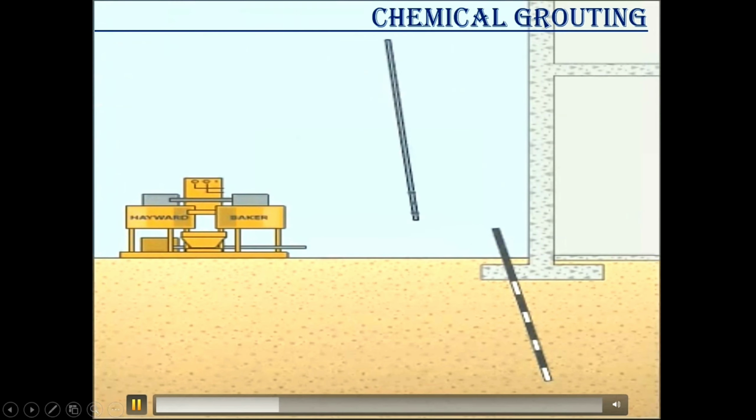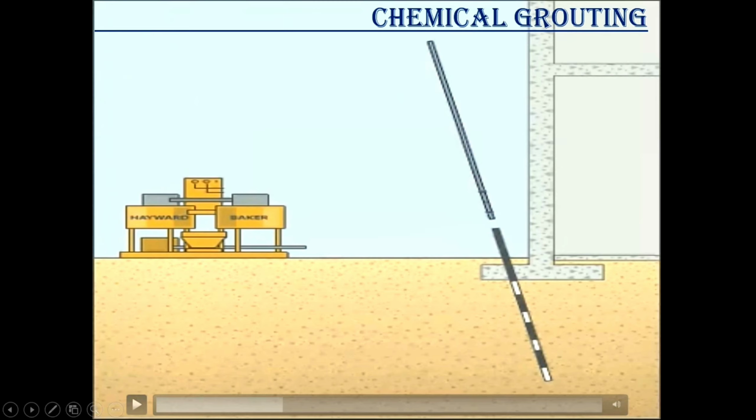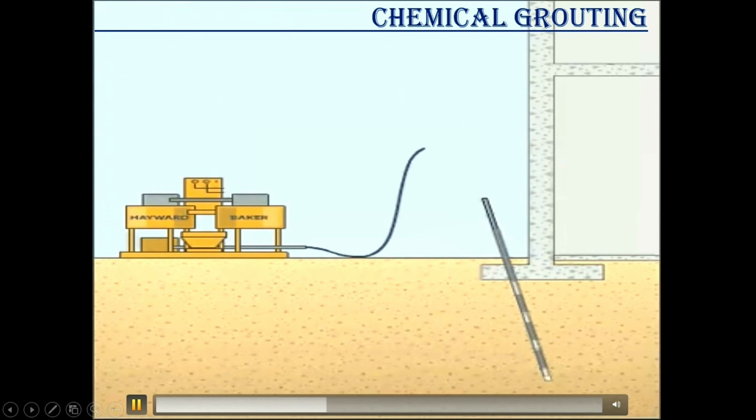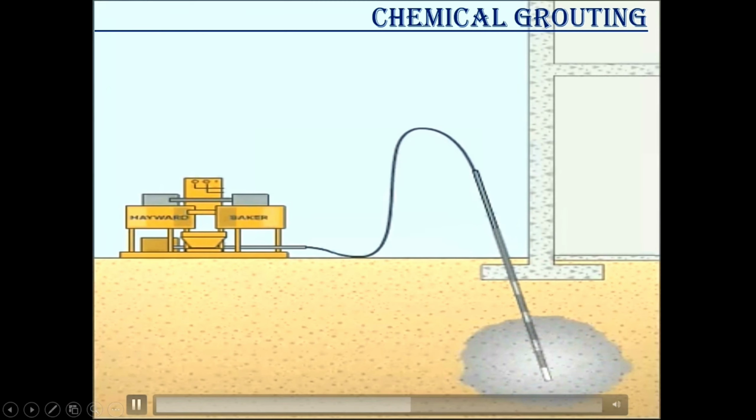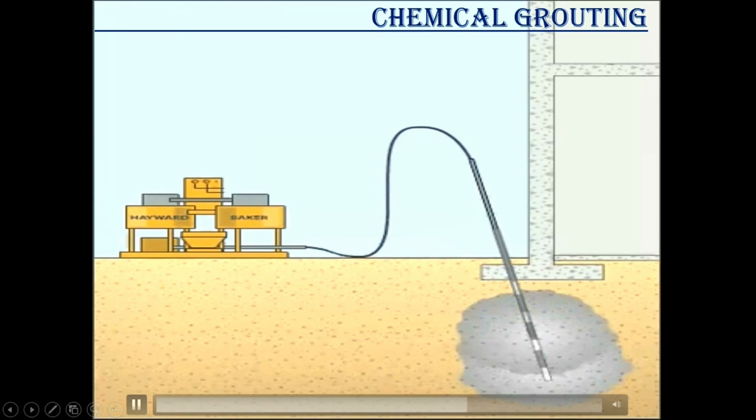So what happens in this process? First I install a perforated pipe. Then I choose a hard rod or hard pipe. The material is pumped through the hard pipe and comes out from the perforated pipe. Now how? Like this. So I start pumping, and it comes out from that perforated pipe, and I change the physical characteristics of